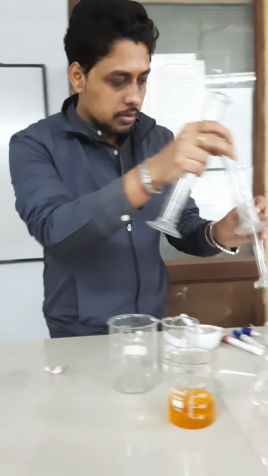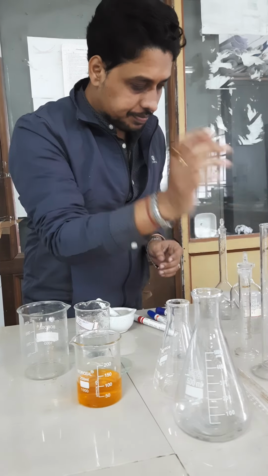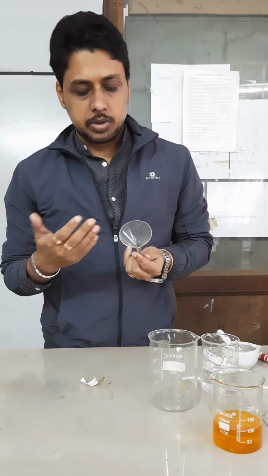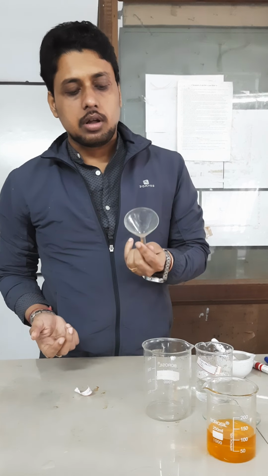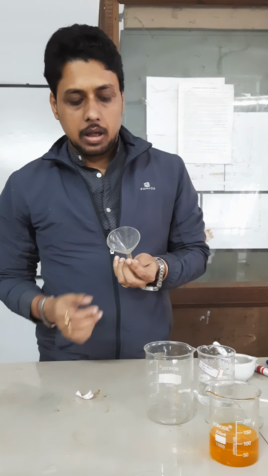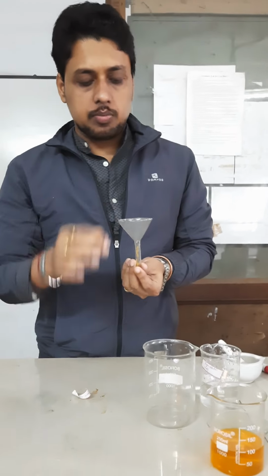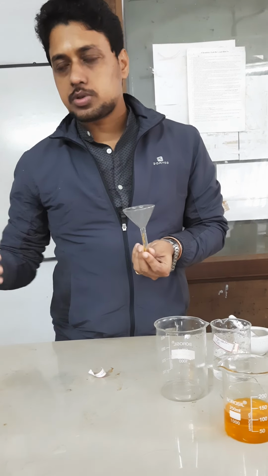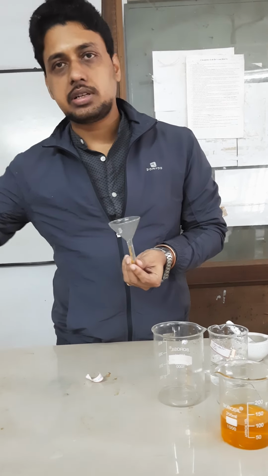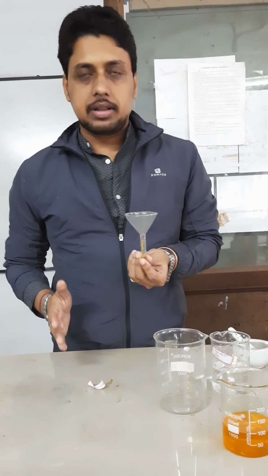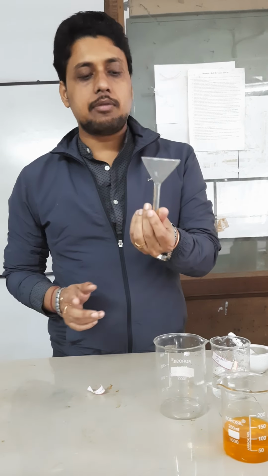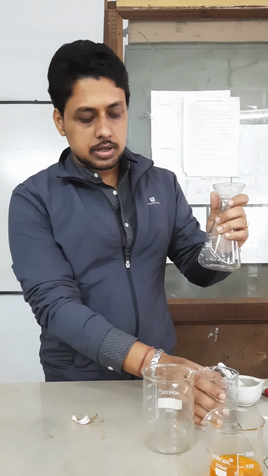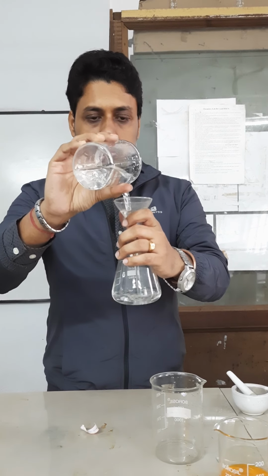Okay, next, this is a very common instrument, all of us know it, because domestically you also use this instrument. This is funnel. Actually, when you need to pour any solution from one glass apparatus to another glass apparatus, there may be a chance of spilling, perhaps the solution may splash and fall out. So to avoid those spilling chances, we have to use this instrument. Like you need to pour some water inside the conical flask, so use this like this.